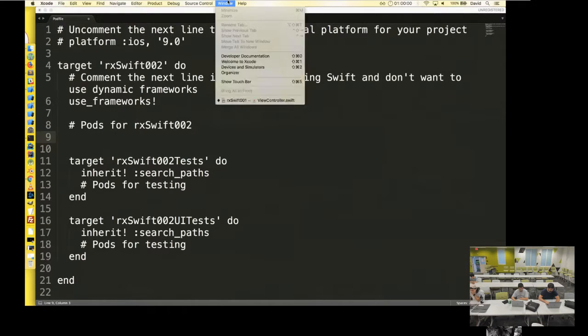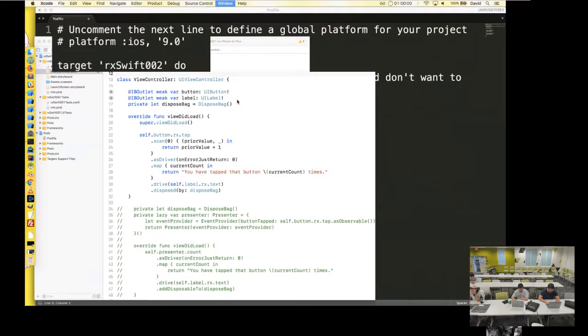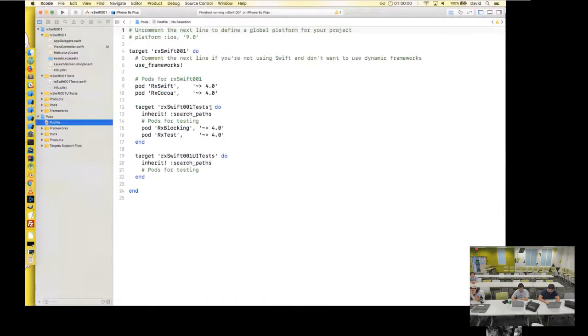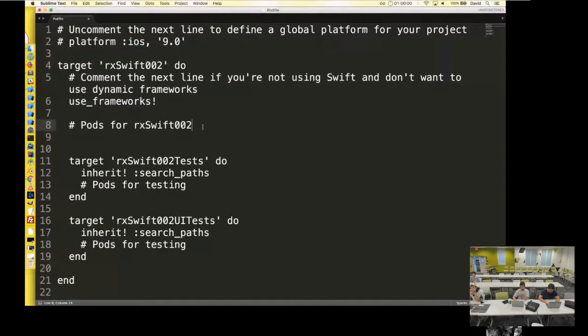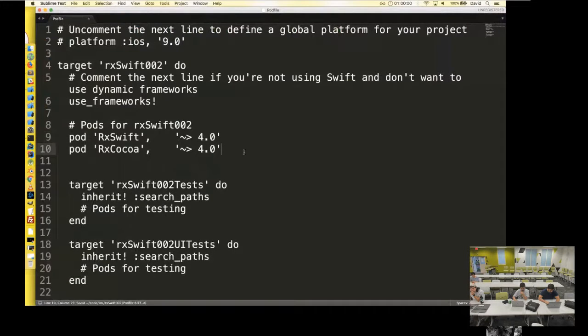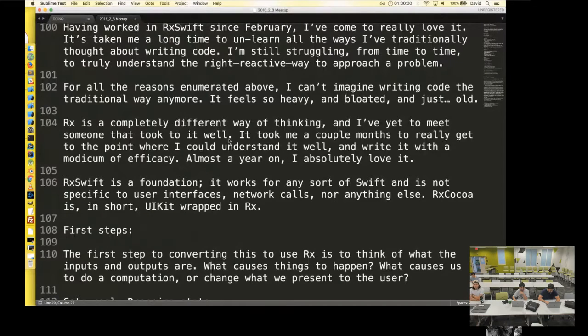Just waiting for it. Oh, here it is. Okay, just looking at my pod file. Here's the two that I want to pull in. So just RxSwift, RxCocoa. I'm copying this. I'm just going to keep this minimized because I might need to go back to it. I'm going to paste it in, save it,